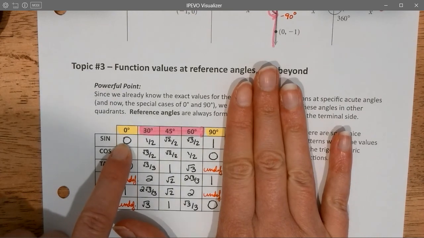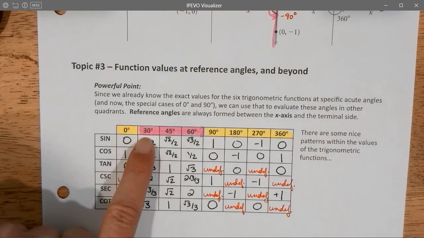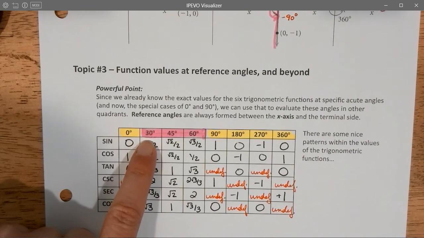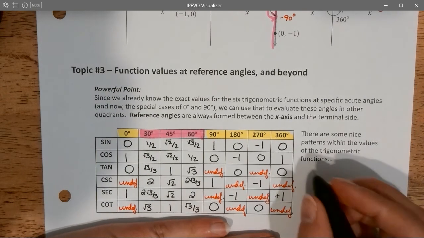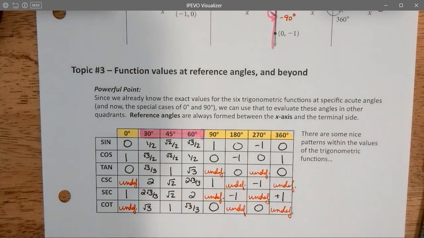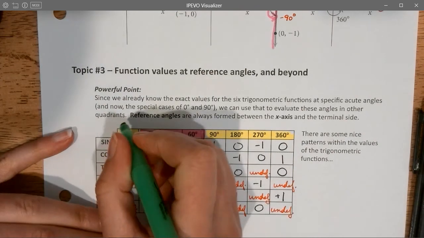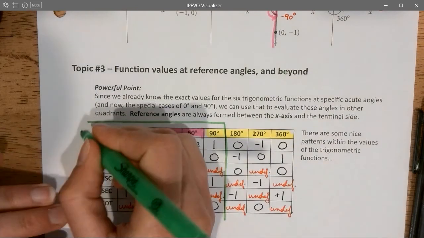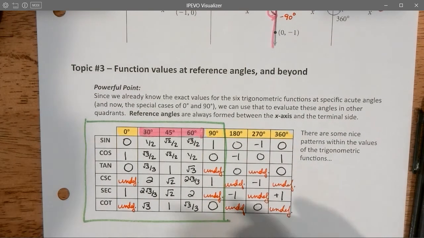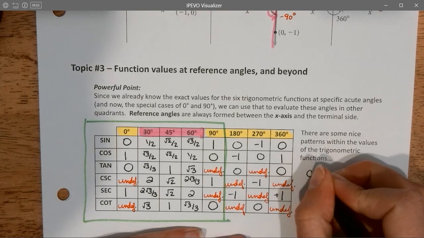This is also true. That's why I don't write down things for, say, 120 degrees, because that's a 30-degree angle in quadrant 2. Okay, so if I know, I'm going to highlight, if I know 0 to 90, the theory is that I can figure out the rest. Okay, can figure out